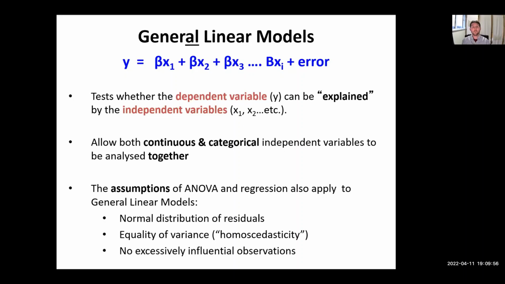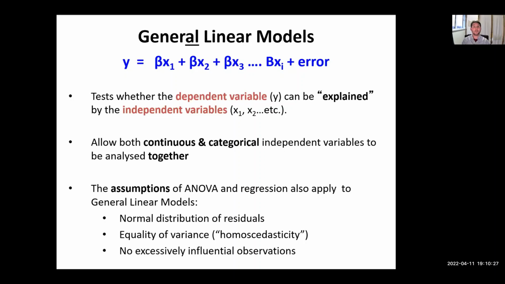And the equality of variance as well, also known as homoscedasticity, and the idea being that across the range of data, we have equal variance. So therefore, we have the same number of data points either side of the zero line, and that is the same case both at the lower end of your x variable and at the upper end. And we'll see those in graphical form in just a second. And the third of our